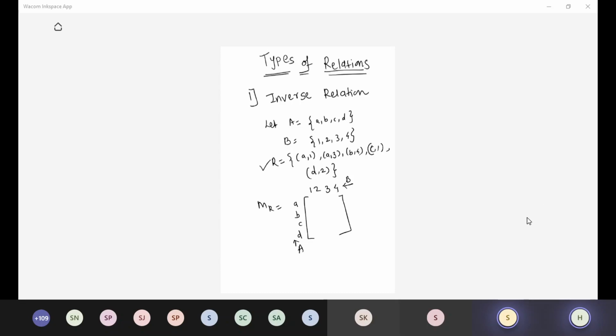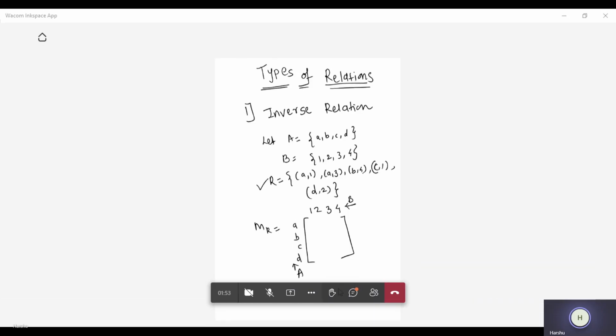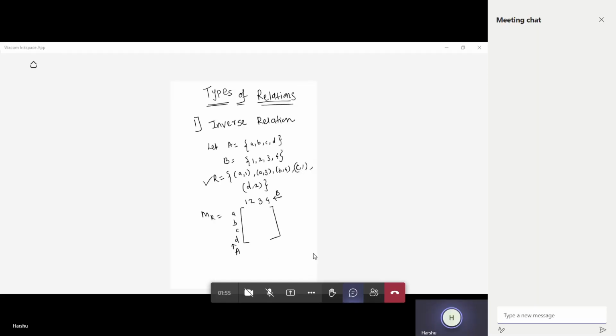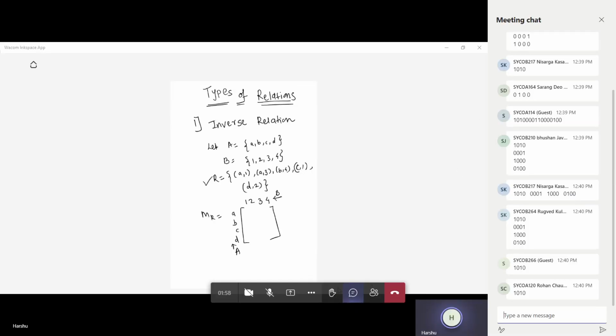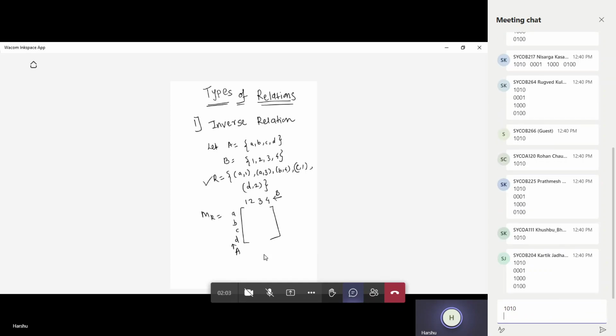Okay. Fourth row, I think you have given Nisarga. No, Sarang. Fourth row is not there. Okay. Yeah. Fourth row is 0100. Perfect. Very good. Bhushan. Quickly type everyone so that I'll be writing here, so that I'll be knowing that you are getting what I'm trying to say. Bhushan, correct. Okay. Next. Only two, three students. Okay, Rugved. So I hope everyone is getting this.